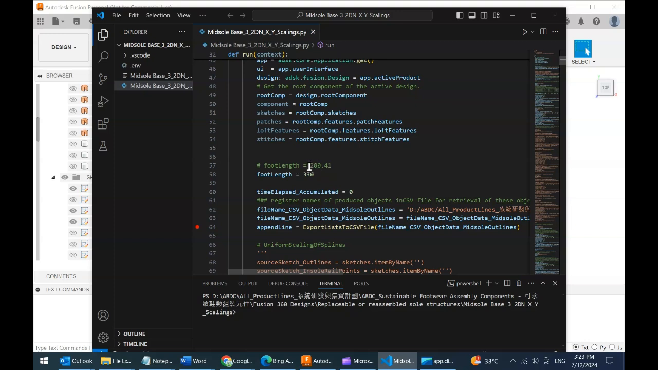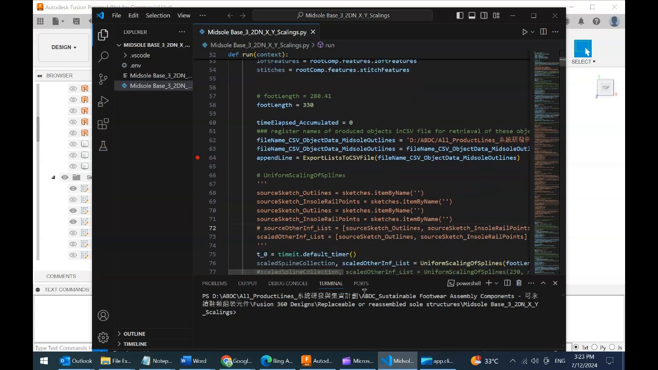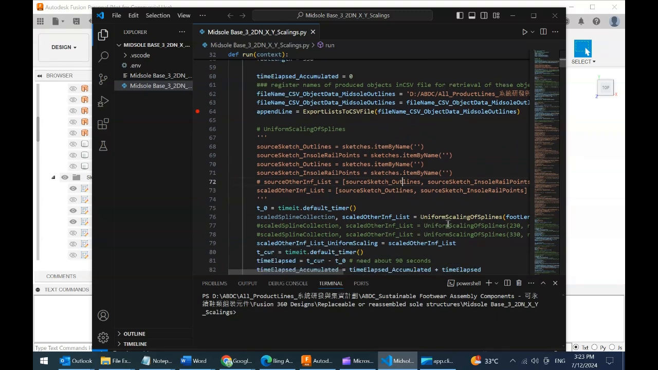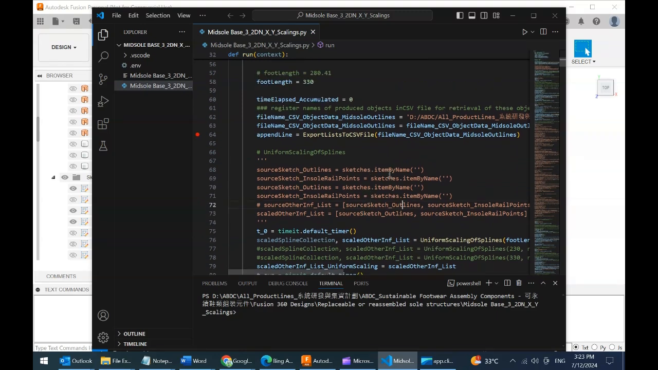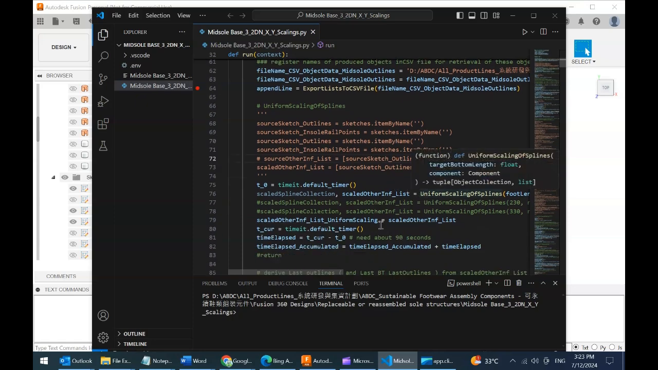Since the standard list, the foot length is about 280, but our new foot length is targeted at 330 millimeters, that is 33 centimeters. So we just change to this figure, and we call our function to do uniform scaling up from the standard list. And after this step,